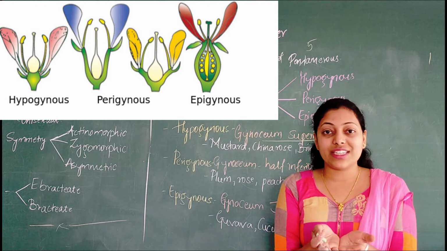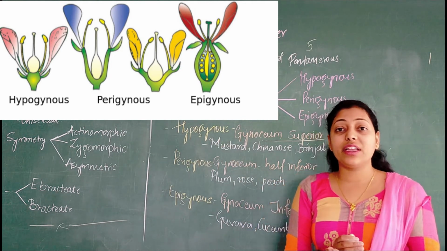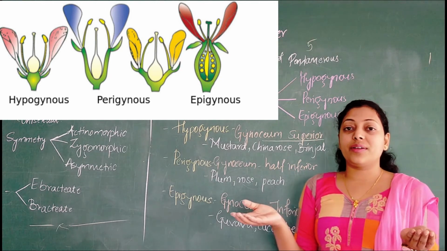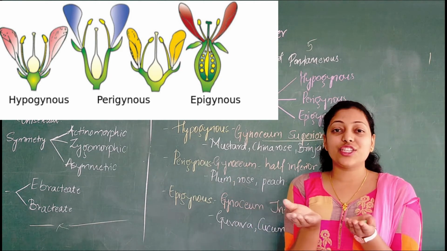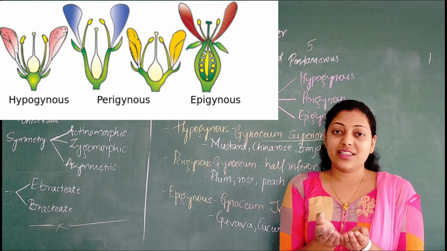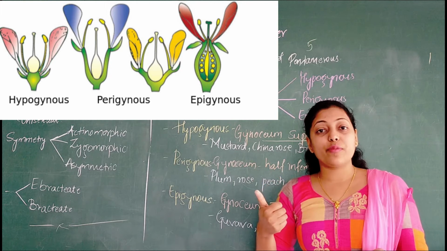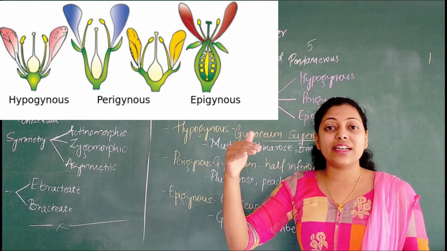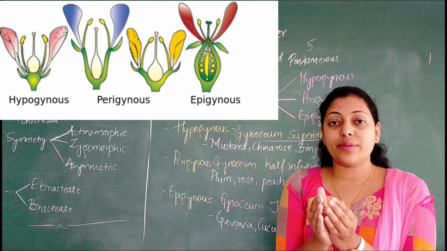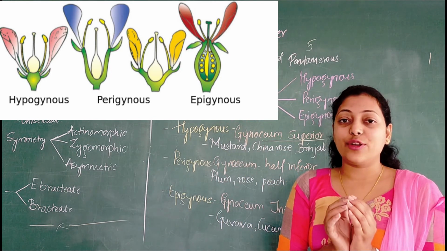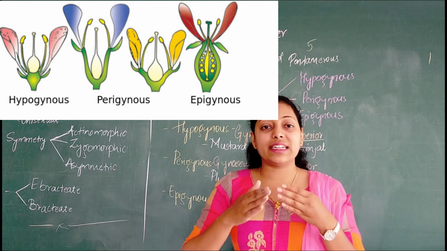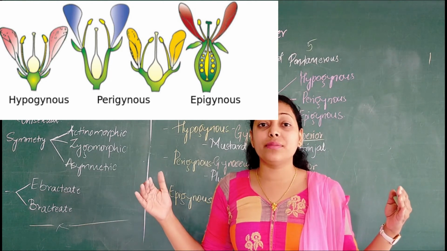We say almost equal. I'll show you the picture over here. You can see in the case of perigynous flowers, the gynoecium, that is the ovary part, is situated at almost equal position to the calyx. Because calyx is the lowermost position. Above calyx you get corolla, in the corolla you get androecium, and at the center you get gynoecium. That's why we say the calyx has been terminated to the thalamus end.